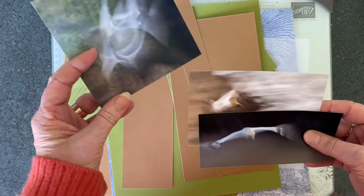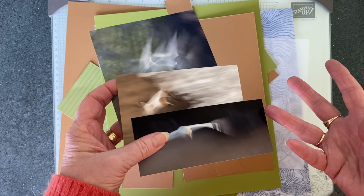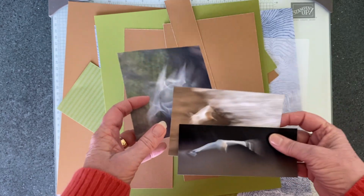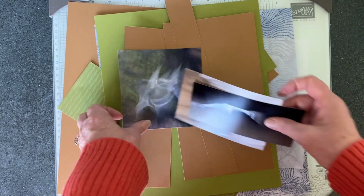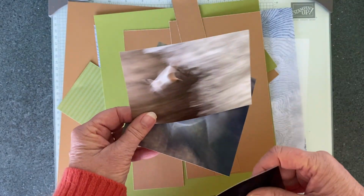It's a fun technique to work with because of course the slower the shutter speed, the more light gets let in, so you've got to balance the exposure with the movement. So it's a little bit of a challenge. You can use different filters and things to do it. Anyway, those are the photos that I am documenting today,